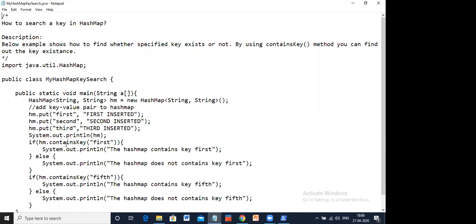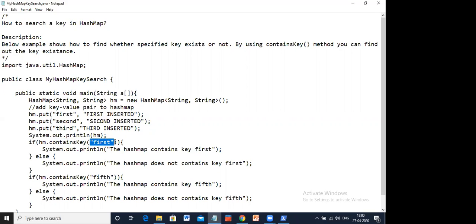So what I'm trying to do now is check the hash map keys for the existence of this key, whether hm.containsKey has this key or not.